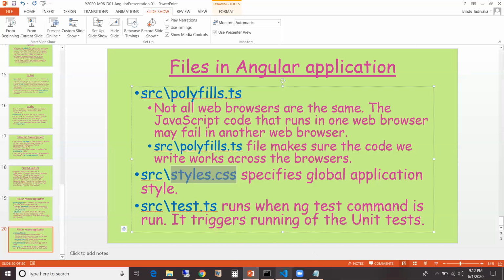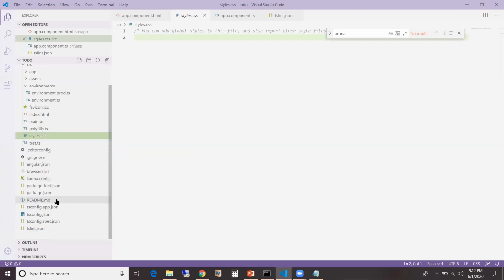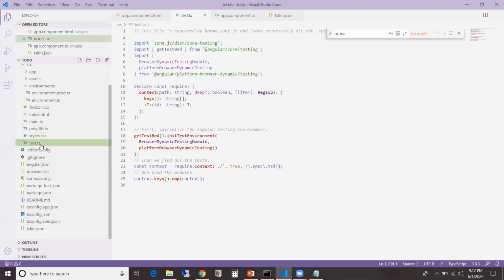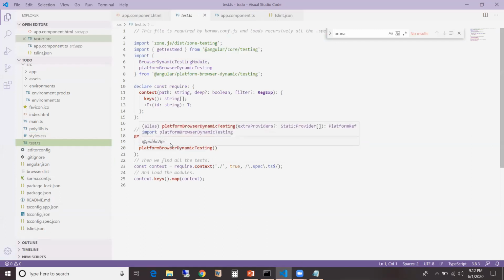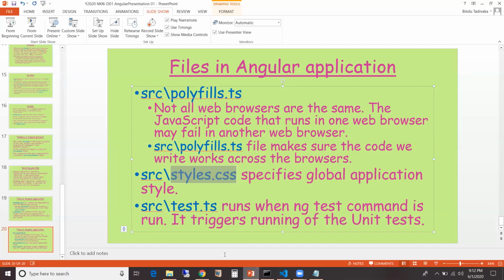And then we have the test.ts file. They are saying that when we run ng test, this is the file that gets triggered. This one runs first, and from here other unit tests get called. So that is the test.ts file.